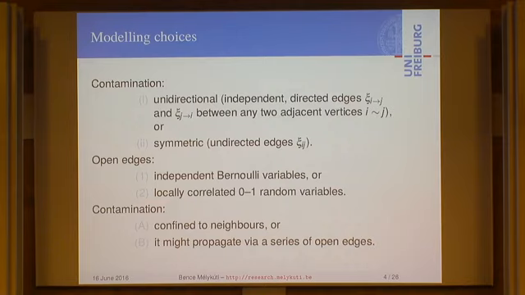And then the other question is, is this contamination confined to neighbors, or does it propagate via a series of open edges, so via the edges which are included in my graph? So while you're doing the PCR, these DNA molecules float around and float into the next volume, and then they start the PCR experiment in the next one. But is it possible that they actually contaminate far away places, right? So that they just float over and over, diffuse to more and more cells. Okay. And so if you look at this model, which is highlighted in red,